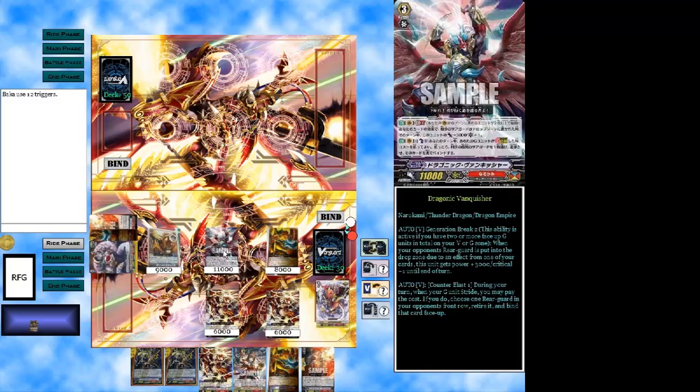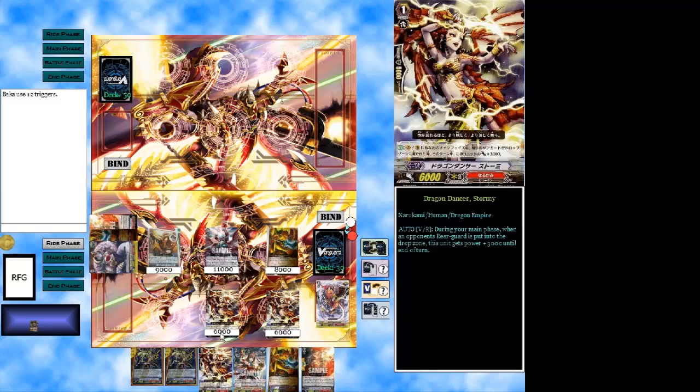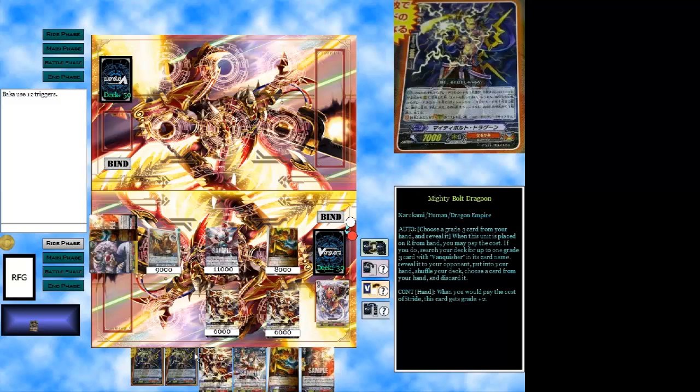So, first things first, we're going to show how to stride, then we're going to show you what the G break is, then we're going to show you G assist. It's 3 points. Stride format's pretty easy to learn. It's just something new. First we're going to stride, and I'm going to use Mighty Bolt Dragoon's ability. I believe every clan that's going to have a stride unit...